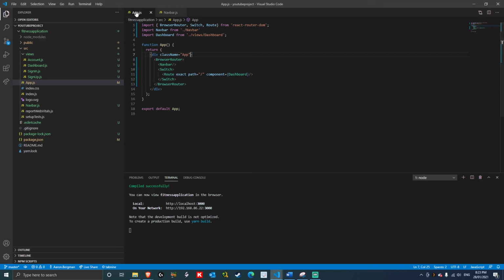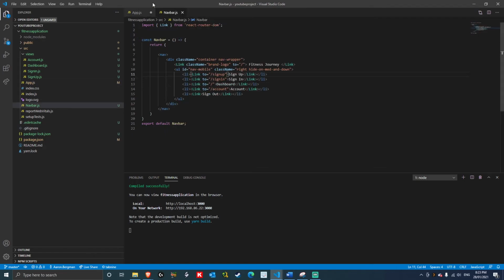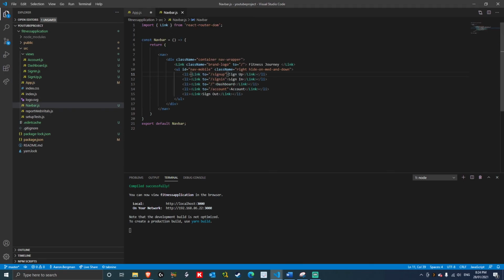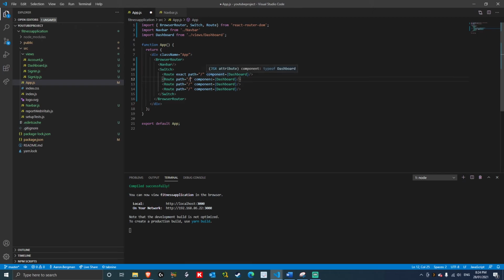We'll go back to the app.js file. Now let's add the remaining 4 routes and get rid of the word exact. So we want it to be route path. And instead of /, we want to make sure, so if we go to the navigation bar, again, we want to make sure that the link to tags here match the path just here. Because what we're doing is we're navigating to this path and showing that off that value. So let's go, so sign up, sign in, and account, it's all lowercase. So we're going to go sign in, sign up,